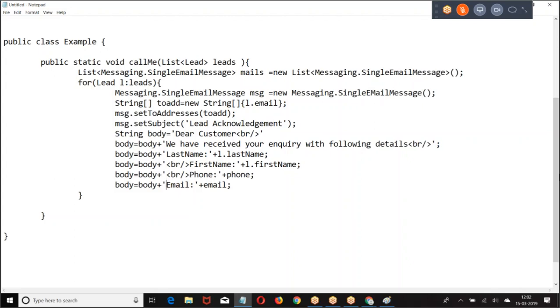This I have to put in. Mails dot add message.